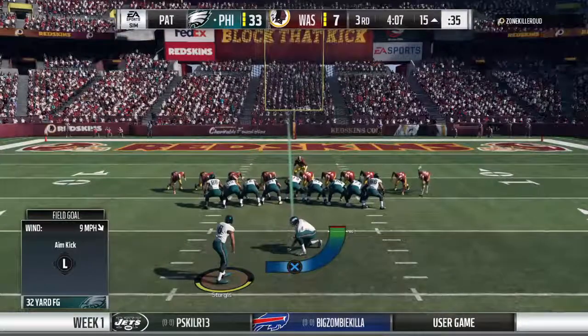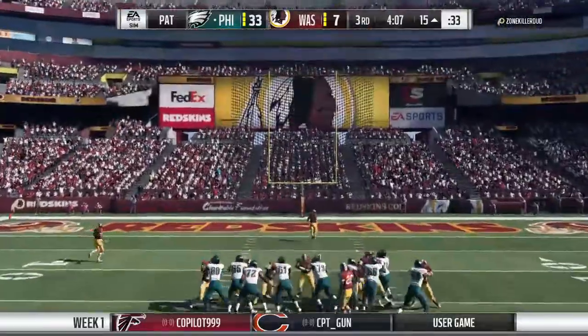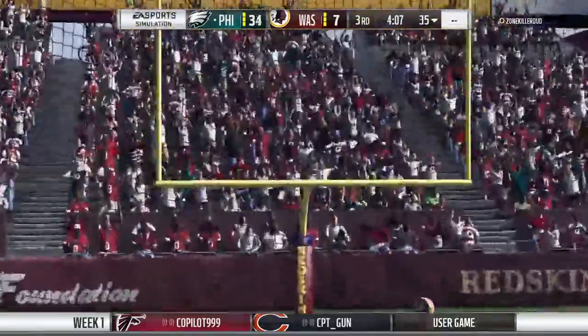Before we even get to the fourth quarter, widening that margin a bit further. And while they won't just empty the bench just yet,